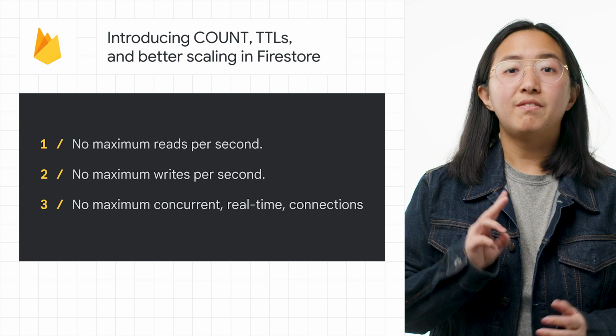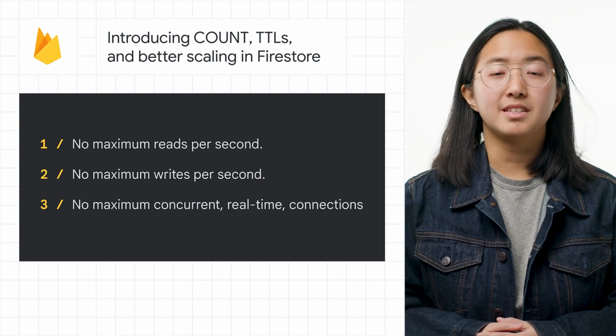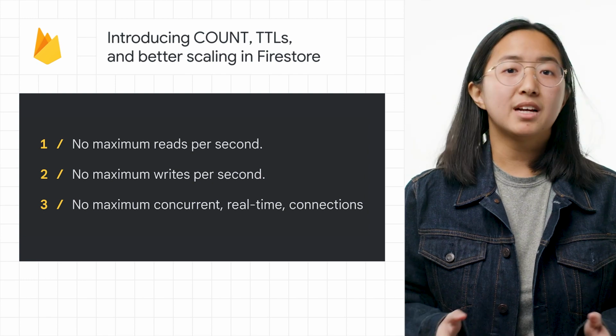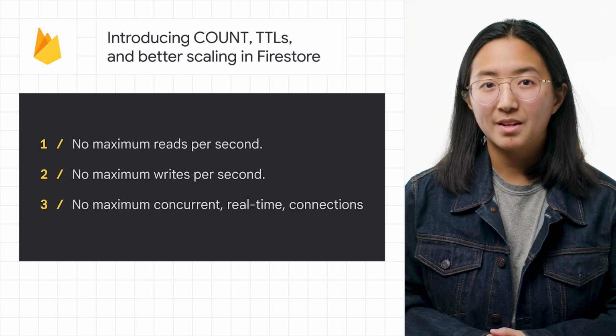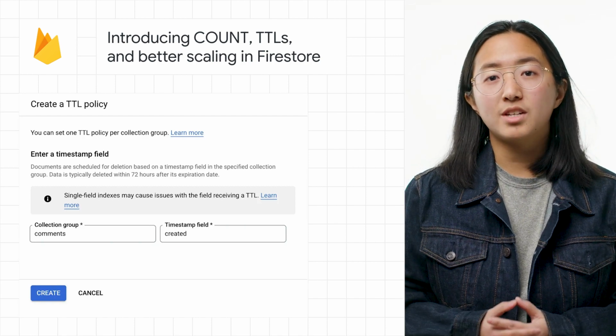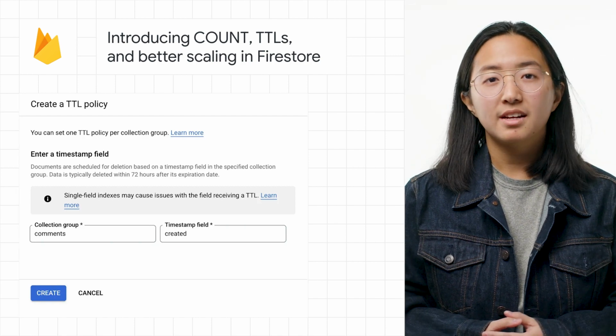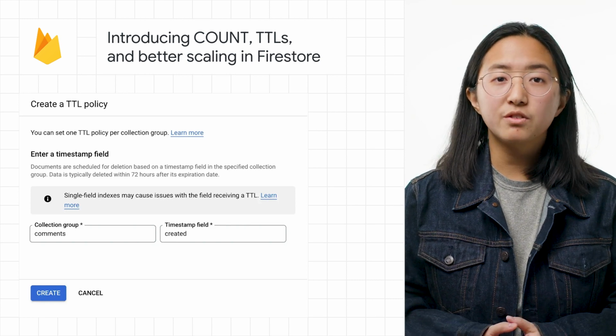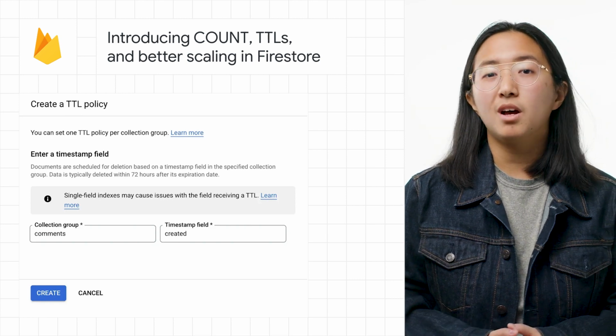Number 2, Firestore now has improved scaling capabilities. No maximum reads per second, no maximum writes per second, no maximum concurrent real-time connections. And finally, number 3, Firestore now has preview support for time to live, TTL policies that delete data after a specified time. For sample code and more info on these new Firestore features, check out the Firebase blog, link down